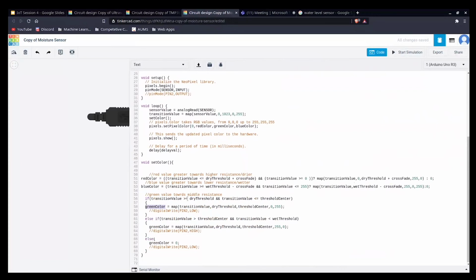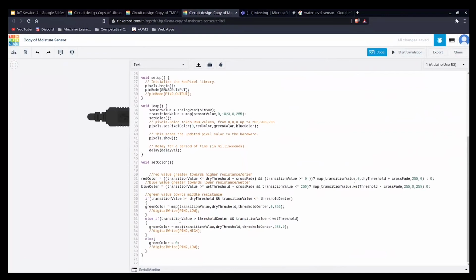Now, if the transition value that I have taken is greater than the dry threshold and less than the middle value, we will map dry to threshold center and 0 to 255, and print this value between dry and center, mapped to 0 and 255.